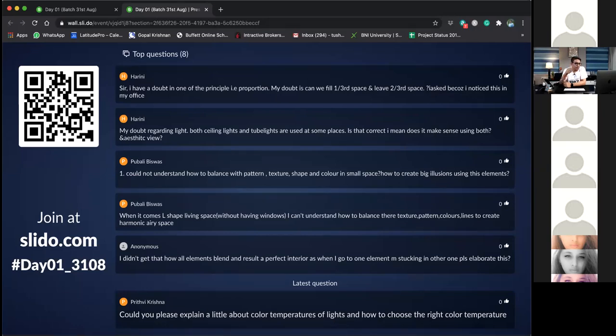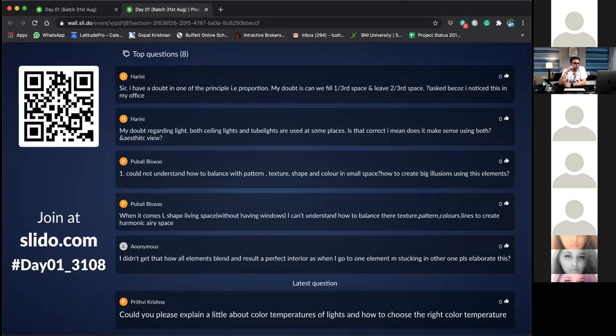Okay, so that is how it is, not exactly an illusion you can call it, but definitely you can create that difference in the space. That is number one. And how you use colors? Yes, colors you need to use depending on the space. If the natural light is also coming less into the room, you need to be very cautious of what kind of color you are throwing on the wall, or what kind of furniture, or upholstery, and the curtains and drapes you are using.